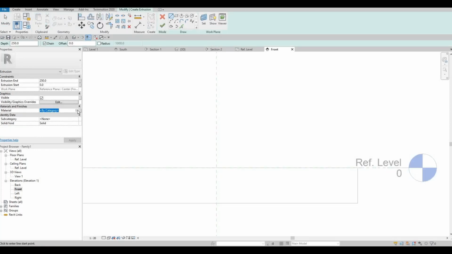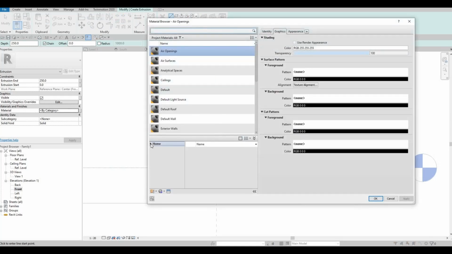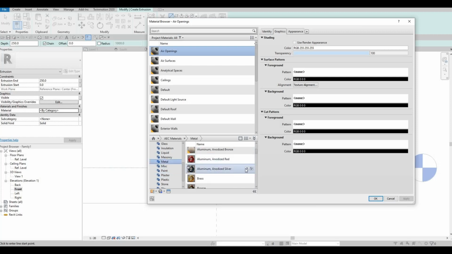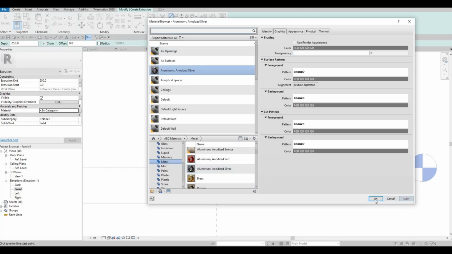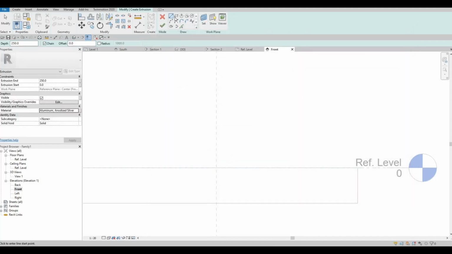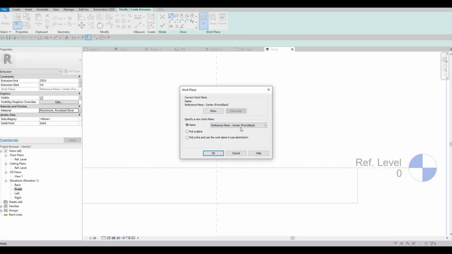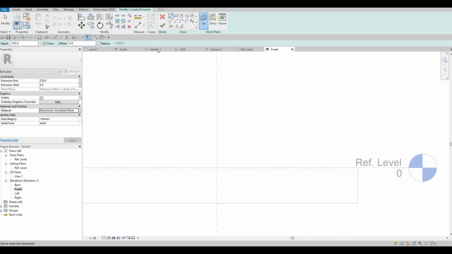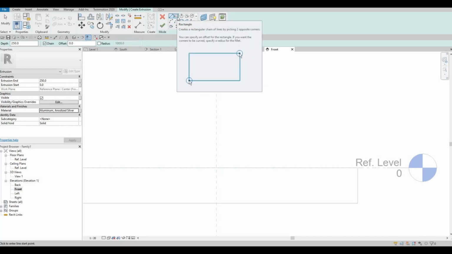and then we could add in the materials, which is a metal material. So we're gonna set a material. So click on metal, and let's use anodized aluminum silver. Apply, OK, and then now let's set it with the center front back, so that will be fine. Press OK, and then now we need to create our design,